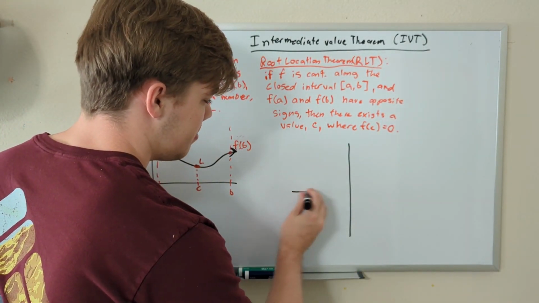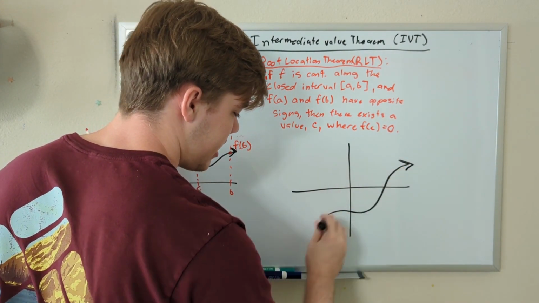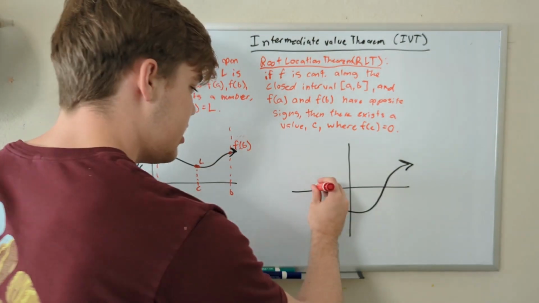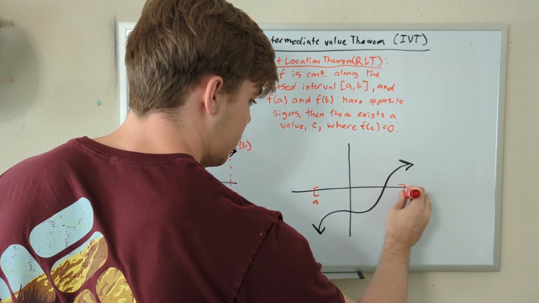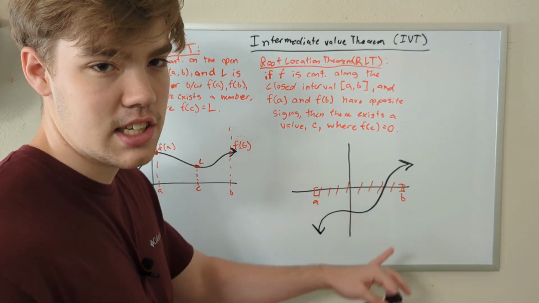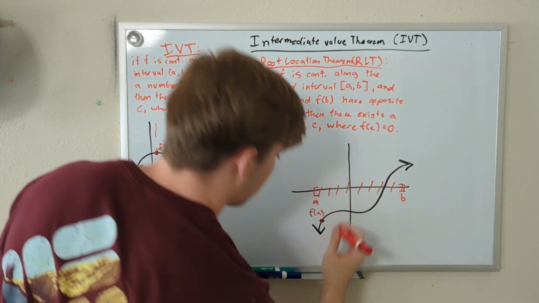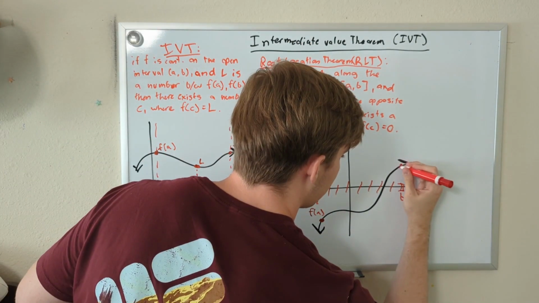Here we have an xy plane that looks something like this, and we have this function that goes up like that and down like that, and it's continuous across the entire xy plane. And here we have our closed interval, and this is A, and our closed interval, which is B, over here. That spans this area here, denoted by these slashed lines. And if f of A, which is down here, in other words, what the function equals when you plug in A to it, and f of B, which is up here,